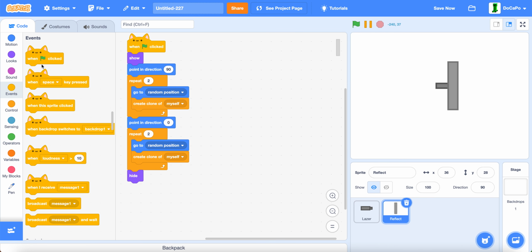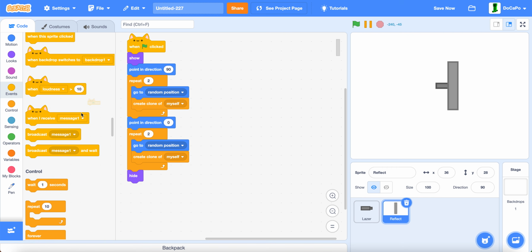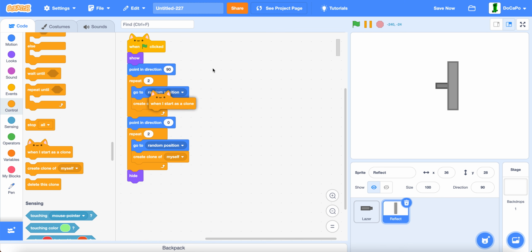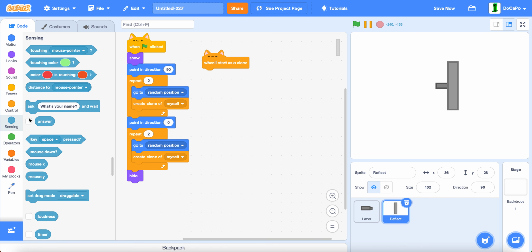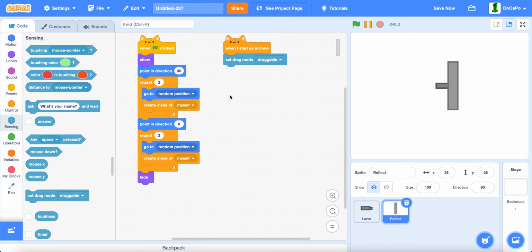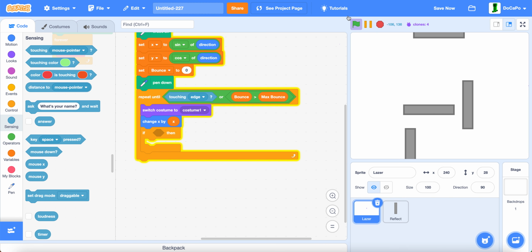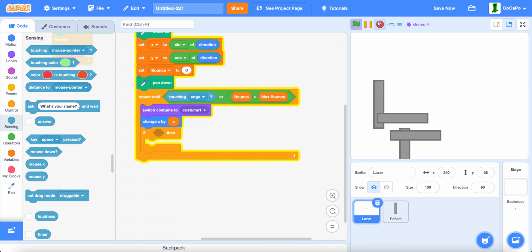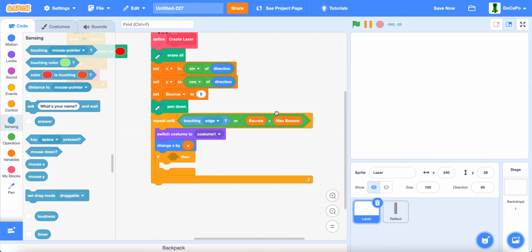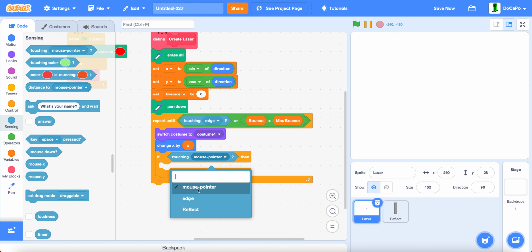Now when I start as a clone, set drag mode to draggable. Now, if you test it, as you can see, this will happen. Now, if touching reflect,